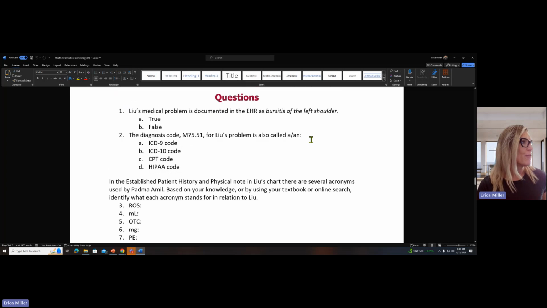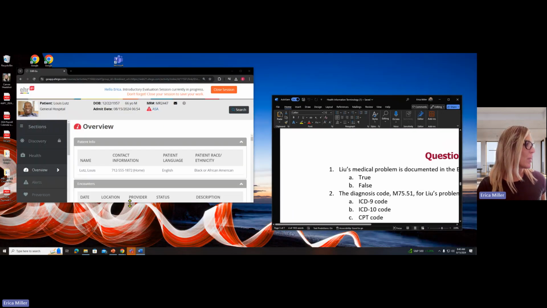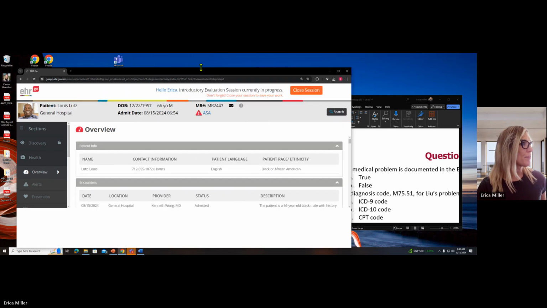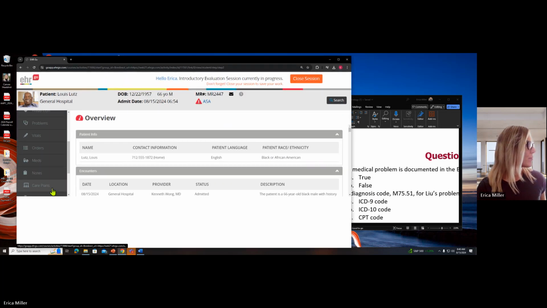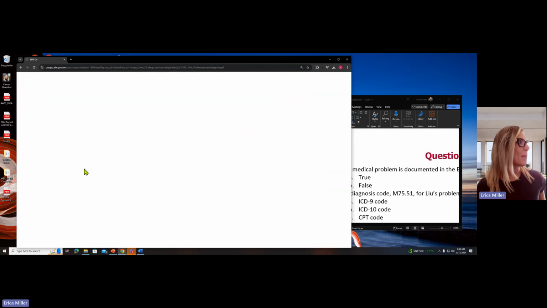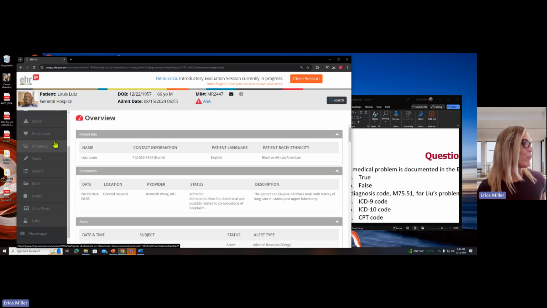First question, for example, is Lou's medical problem is documented in the EHR as a bursitis of the left shoulder. So what you would need to do is go into Lou's chart here. I'm going to refresh this. I'm not seeing all of my tabs here. And if that happens to you, this is a really great example. Just refresh your screen, or maybe just X out of EHR Go and go back in. As you can see, now I have my full list of